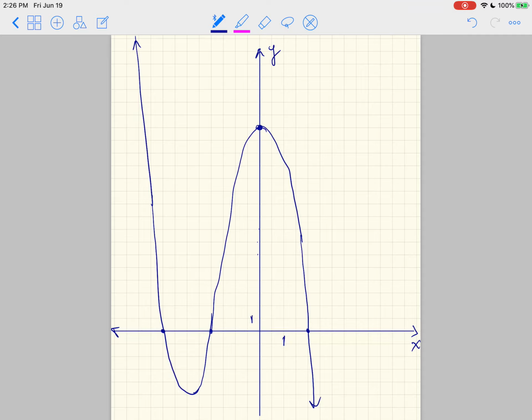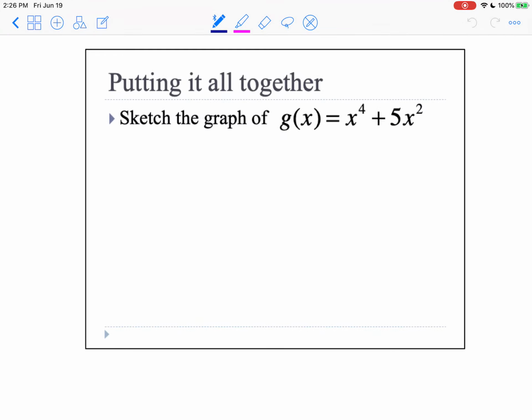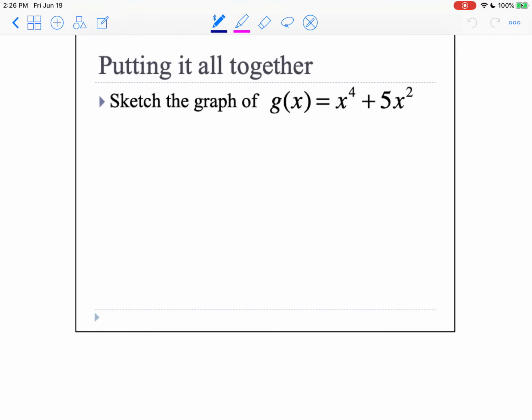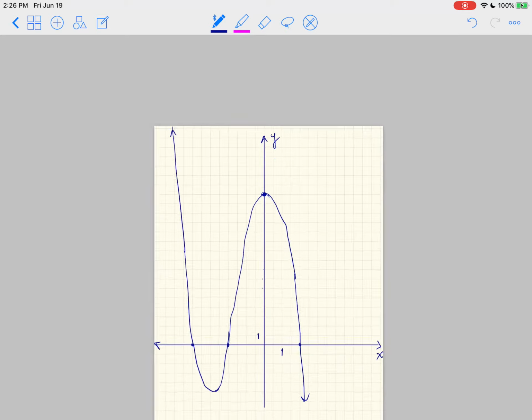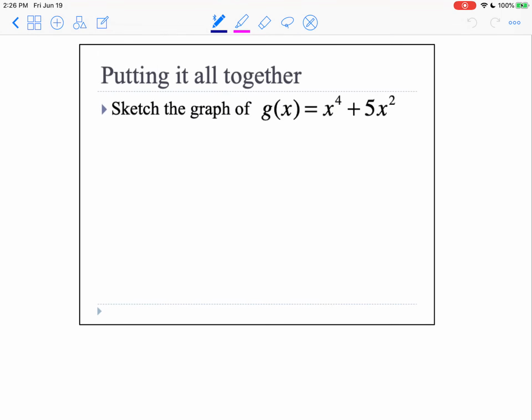So let's go ahead and do one more. And I'm going to do all the basic information, and I'll do a basic sketch, and I'll leave it to you to make a more formal graph like we just did here. Okay. So again, just looking at this, it has an even degree. It's 4th degree, so it's even degree. The leading coefficient's 1, so that's positive. So my end behavior